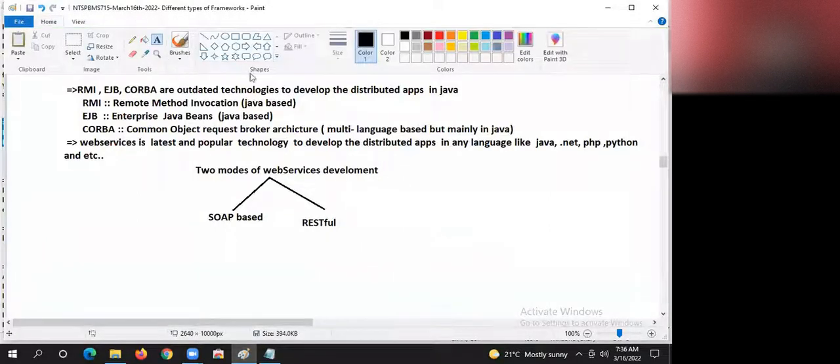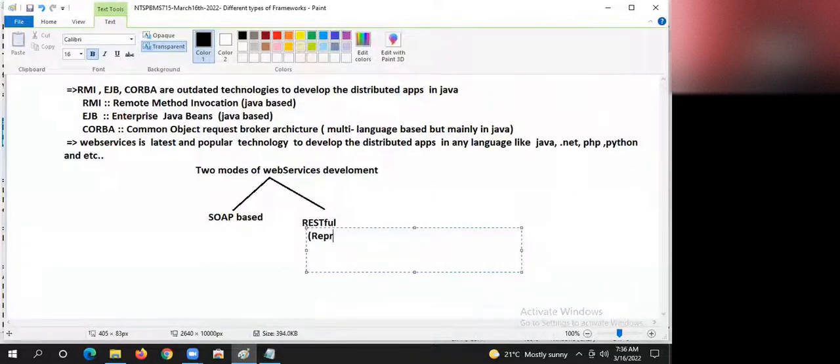Here RESTful means representational state, guys. Representational state. RESTful. Understanding my statement, guys?